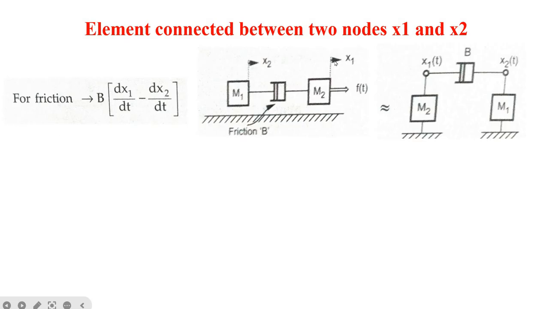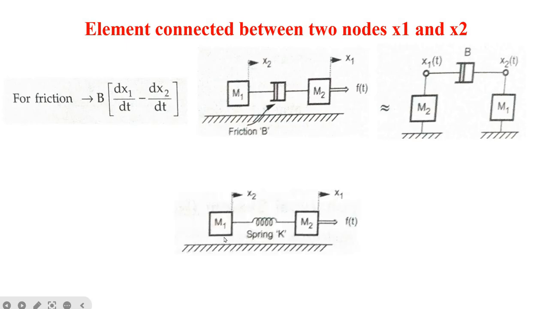So for friction, when you have a change in displacement, the force can be given as b into dx1 by dt minus dx2 by dt. Similarly, for spring, when the spring is connected in between two nodes, that is x1 and x2, again same case. Here f of t is a force which is applied to m2, then that force is transferred to the spring, where it will consume some force because it can store the potential energy, and the same amount of force which was applied on m2 will not be applied on m1,